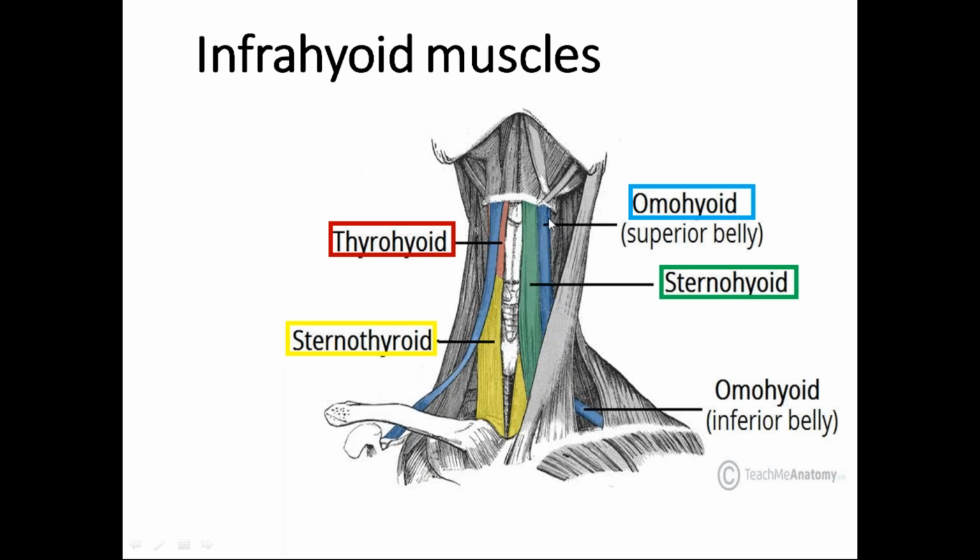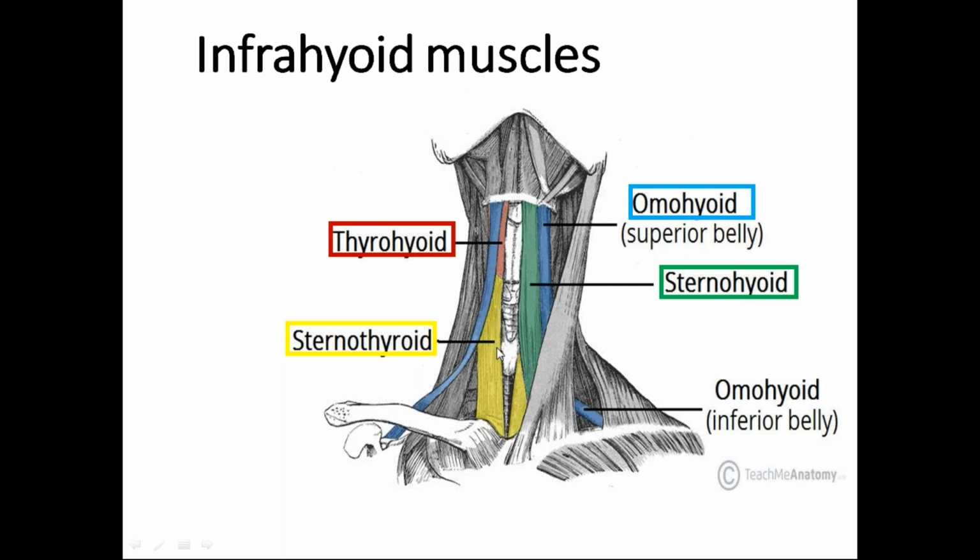Later to that, you can see the omohyoid. So you can see the superior belly of the omohyoid. Actually, it has 2 bellies, superior belly and inferior belly. Both are connected by an intermediate tendon. Okay, you will see these muscles on either side of the anterior median line, not exactly in the midline. Okay, so deep to the